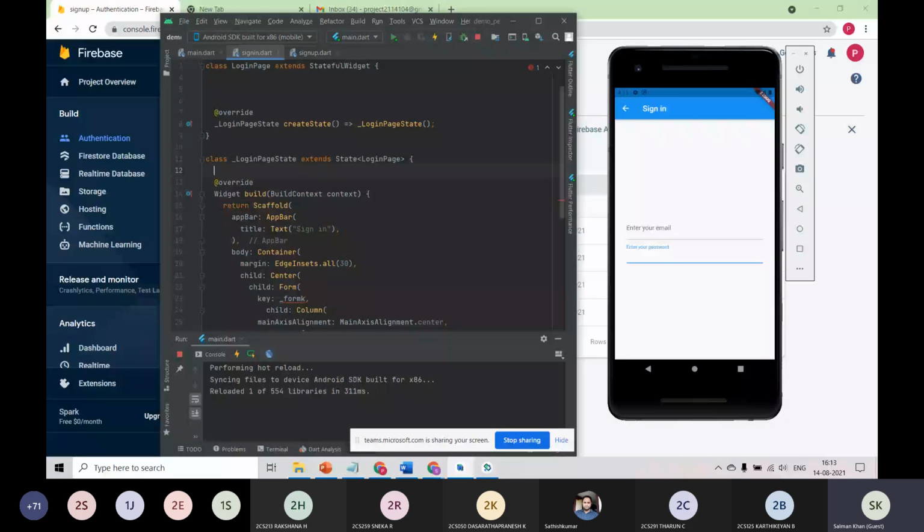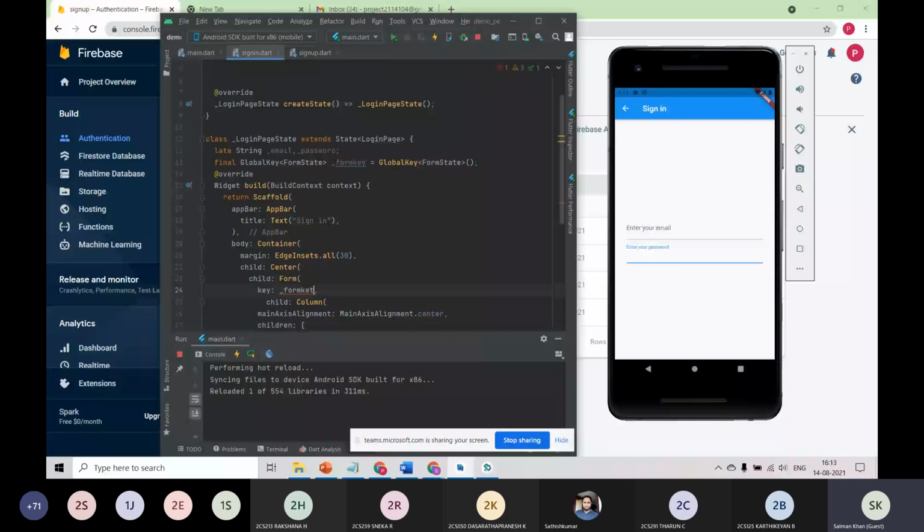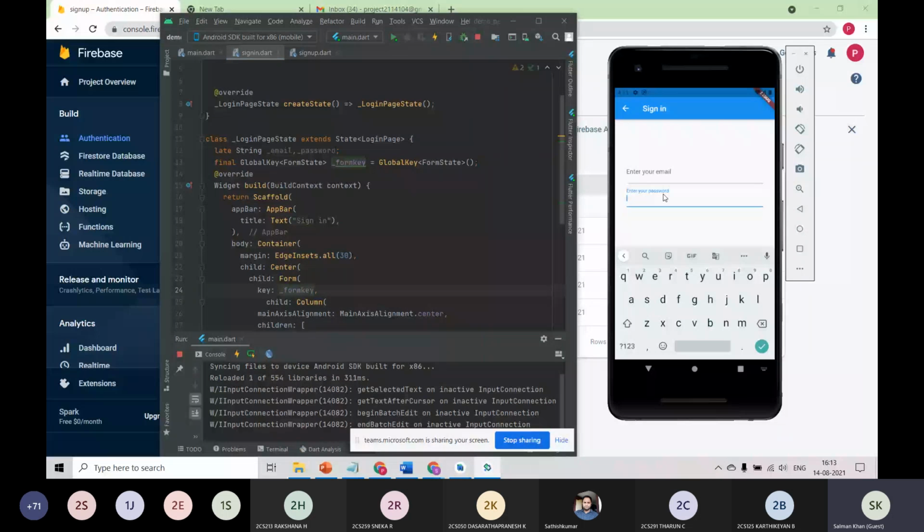For example, whatever you type in the enter your email and whatever you type in enter your password, it will store the typed things in your application. And also the form key will be used for you to validate the things you enter.